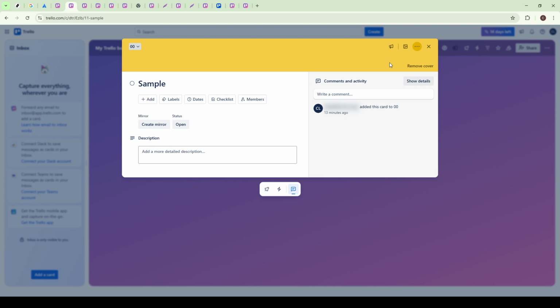By following these steps, you can easily change the colors of your lists in Trello, making your boards not only more visually appealing, but also more functional. This small customization can lead to a big impact on how you manage projects, prioritize tasks, and collaborate with your